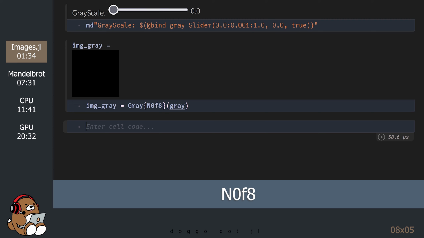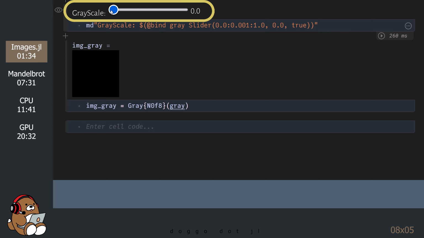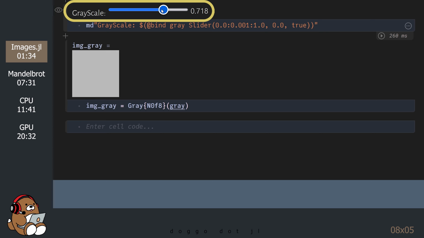So, in the slider, there are 1001 values from 0 to 1, but there are only 256 values that can be used on a color scale. So the N0f8 data type does that conversion for you. As you can see, 0 is black and 1 is white. Every value in between is some shade of gray.